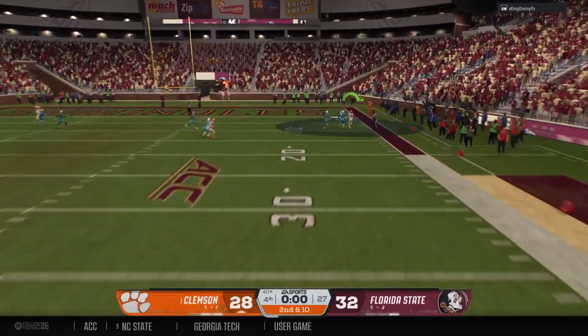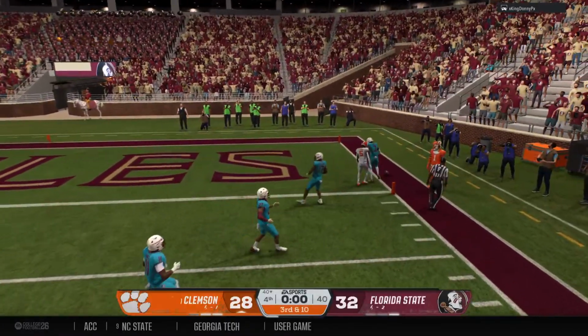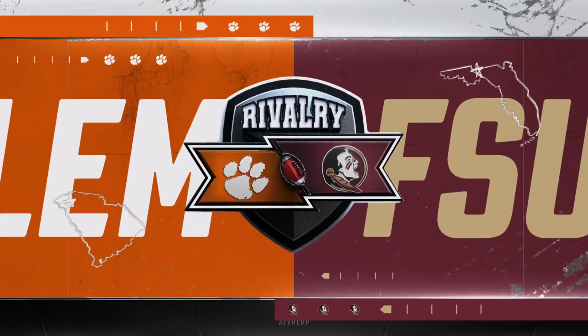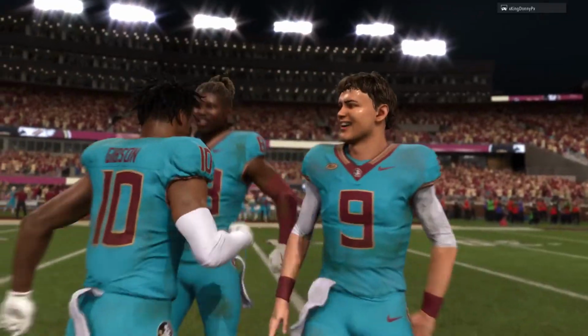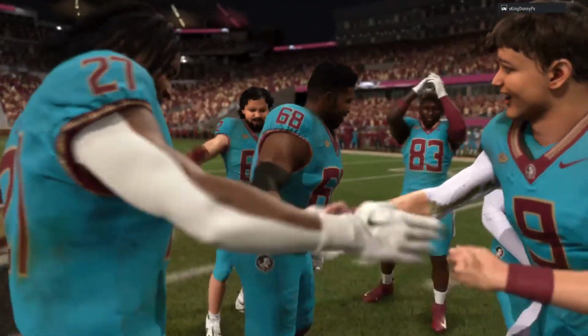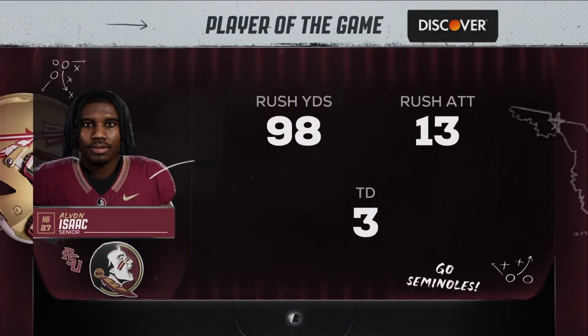Fires one high and deep. The ball hits the ground, and this thing is over. An absolutely heartbreaking loss. What a battle this game was. Went right down to the end. Number 1 team in the land gets knocked off. But sometimes this gives you a chance to